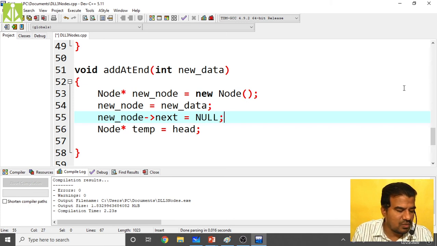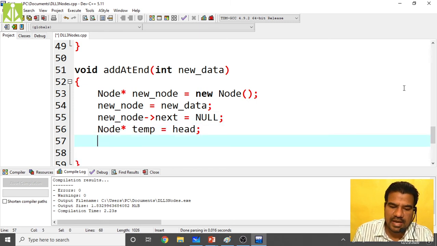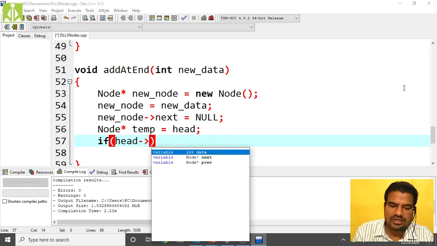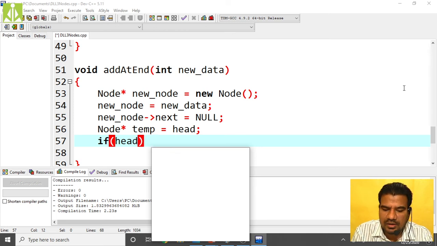Then after making the new node's next pointer null, check if your complete linked list is empty or not. If it is empty, then we can add that node as the first node. No need to go till the end, isn't it? So if your head node is null, you perform this piece of code.